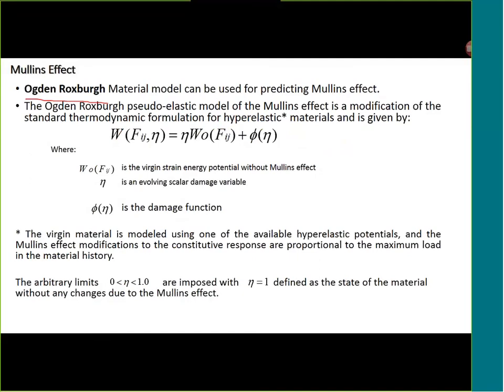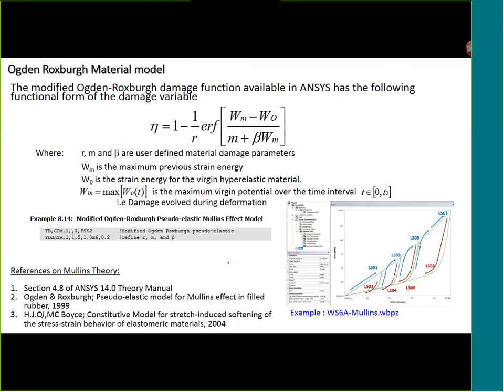So the basic idea is that this is the virgin material strain energy potential, which is augmented with some damage. When this damage is equal to 1, it is nothing but the virgin material, there is no damage. But for different materials, we can write the damage as a function of certain material parameters. So the damage is written as a function